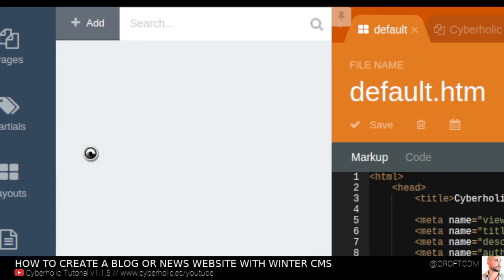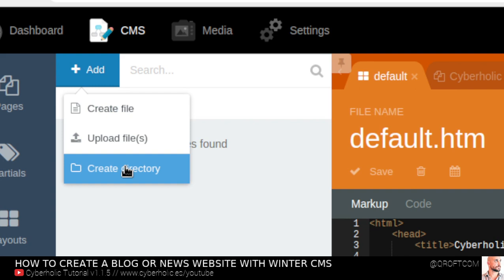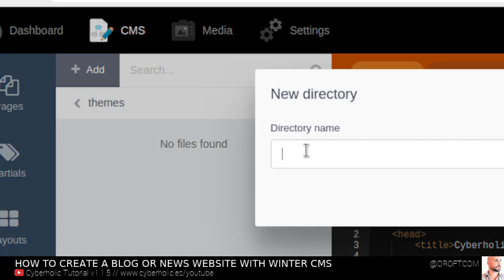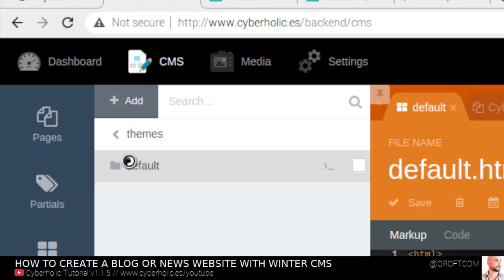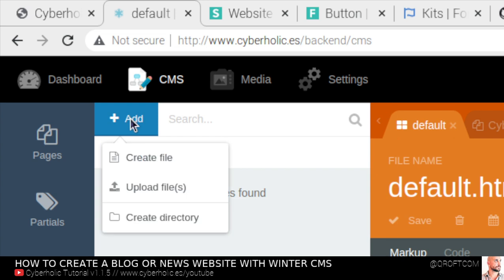So in themes, I go create a new folder. You could also do this with FTP, obviously default. And then I go into the default folder, assets, fonts. So I create a new